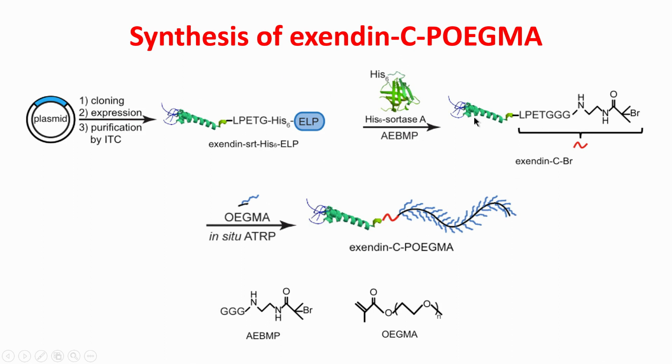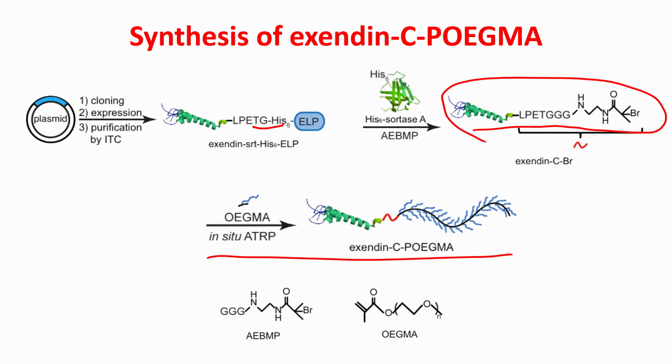In this case they have conjugated an initiator onto the C terminal of this protein where the His tag was attached. So, now instead of the His tag you have this whole protein containing the initiator, and once there is an initiator you can do your OEGMA reaction to essentially get a long chain as described previously. So, very similar strategy to what was there,